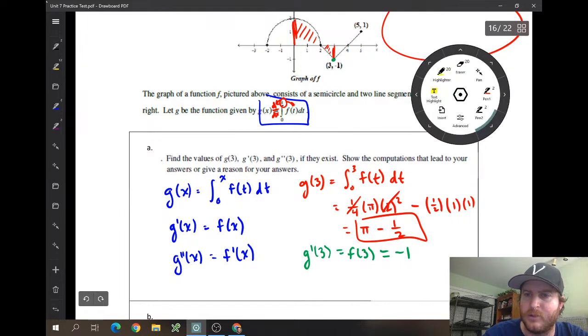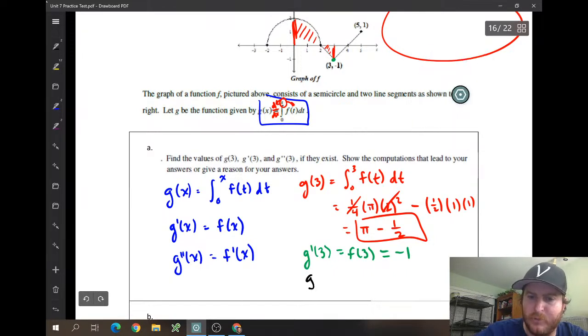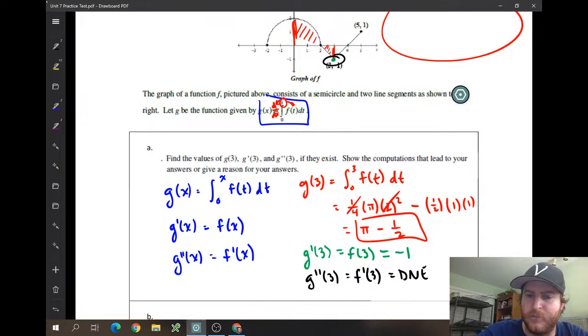And then lastly, we will do g double prime of 3. So g double prime of 3 is going to be equal to f prime of 3. And this is going to be DNE, does not exist or undefined. The reason this is undefined is if we look at the slope there, that's at a corner. So we're going to say DNE because